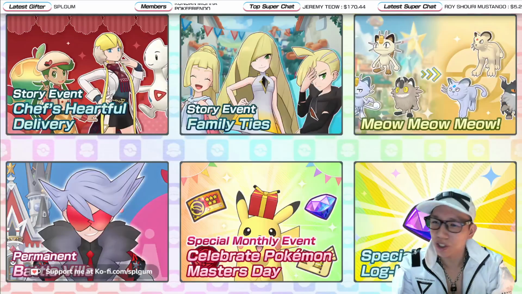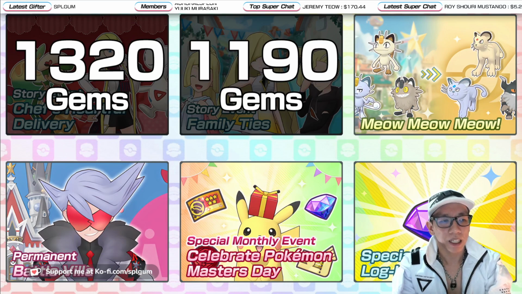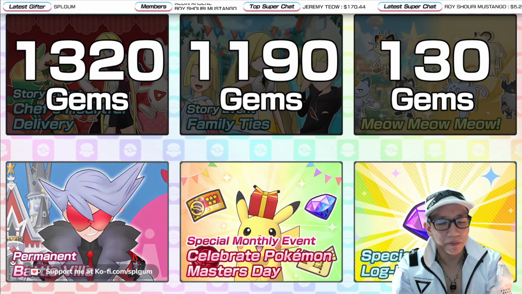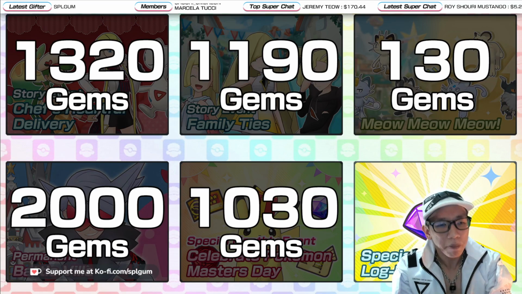So with that, story event Chef's Heartful Delivery gives you 1,320 gems. Story event Family Ties gives you 1,190. Meow Meow Meow gives you 130 gems. Battle Villa for the one final time gives you 2,000 gems. Pokemon Masters Day gives you 1,030 gems. And for the special login bonuses,